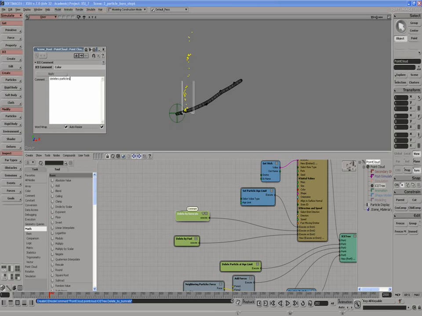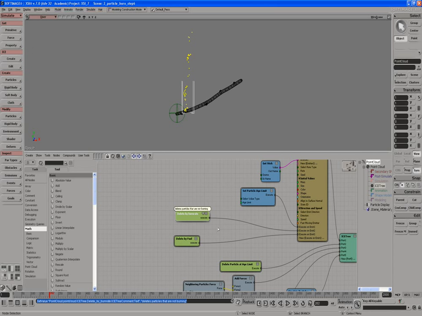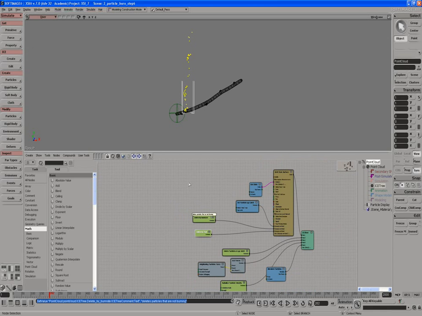So I'm just saying delete particles that are not burning. Okay, so you can just go in and add these comments wherever needed